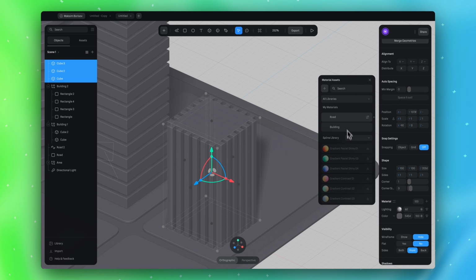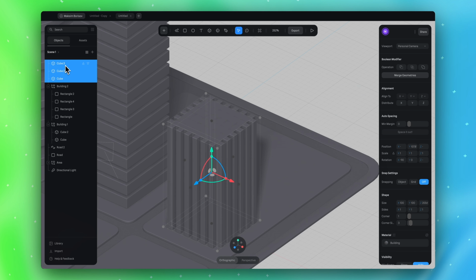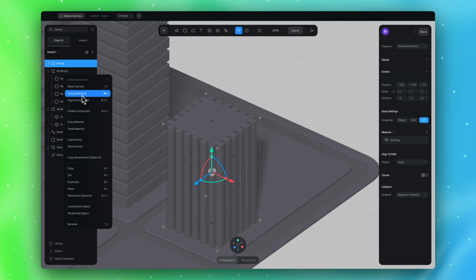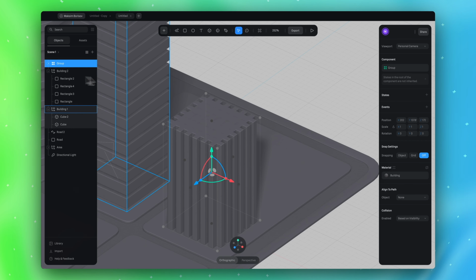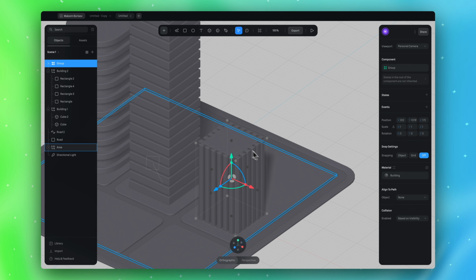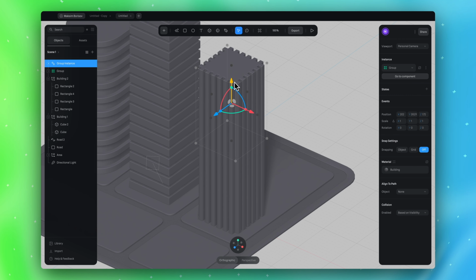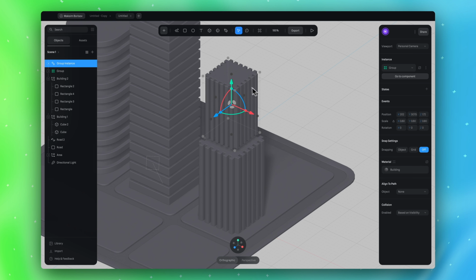Then I select them all, I apply our building material and I group them, and this group I convert to a component. I select create component. Good. Now I duplicate my component, move it to the top like this, and I will change the scale, for example 0.8, maybe